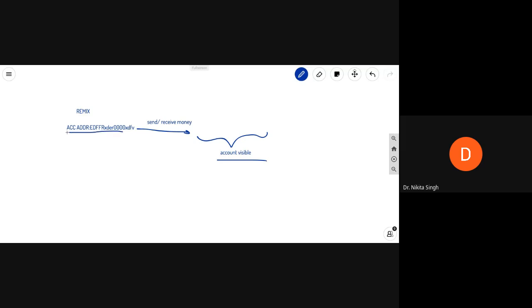So suppose this was your account and you said that you will transfer 0.0006 ether. You transfer this amount of money to this address. Say we have some address here and you are transferring money to this address. This 0.0006 ether will get transferred. But will this ether addition be reflected in this account, or the deduction reflected in this account? This will not be very clearly visible on this Remix environment.